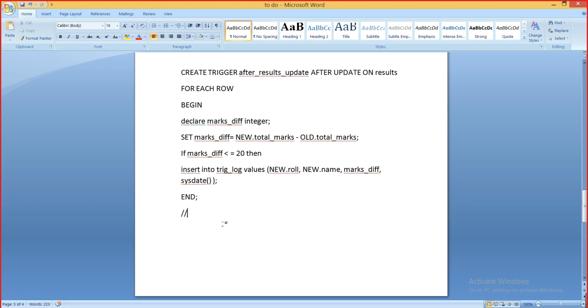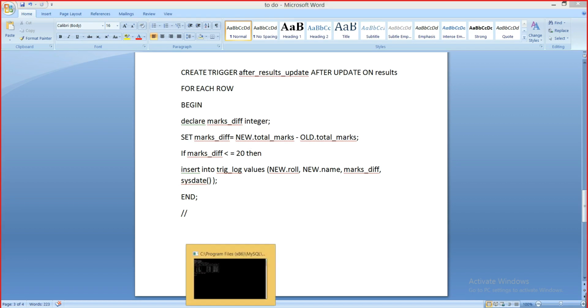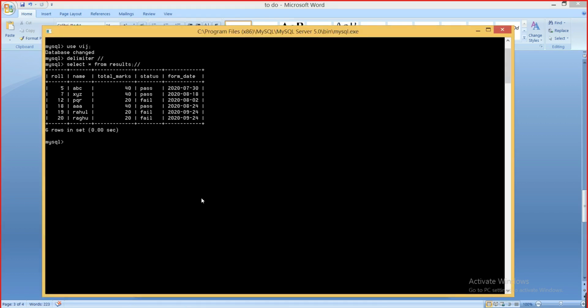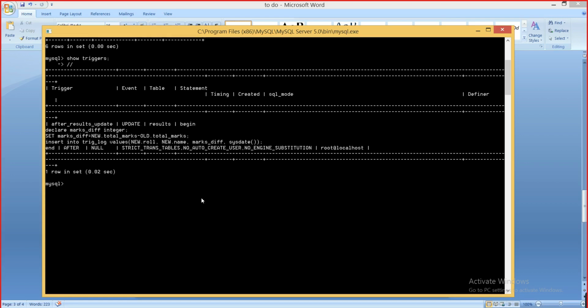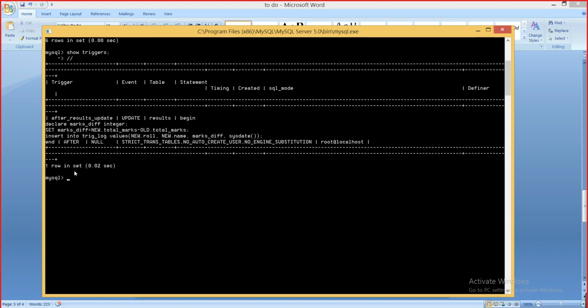I have created a trigger for the same sake, which is applied on the result table. Just a minute. So if I show triggers, yeah, I have a single trigger over here. Yes, so I'm doing the same thing. If you're able to see my prompt over here, my MySQL prompt,